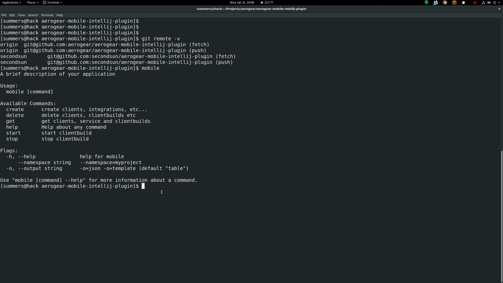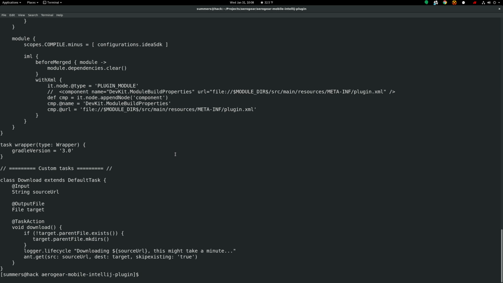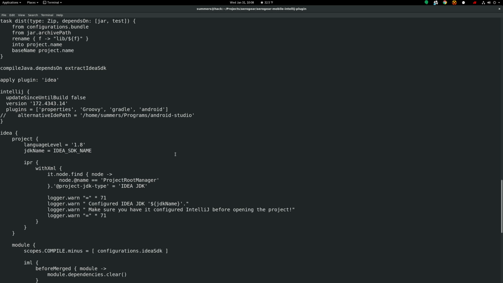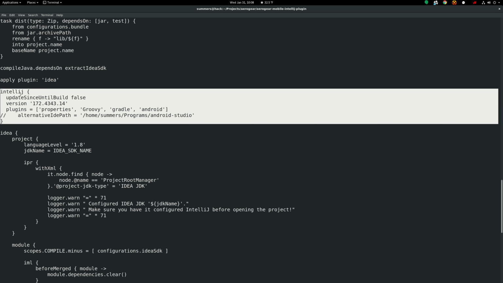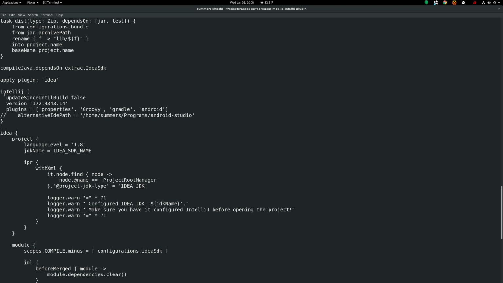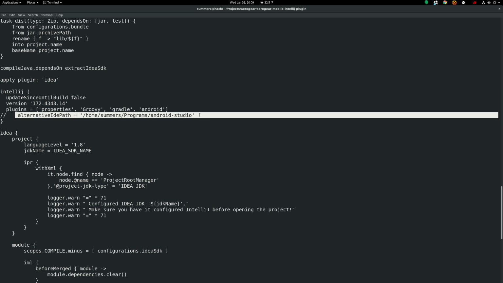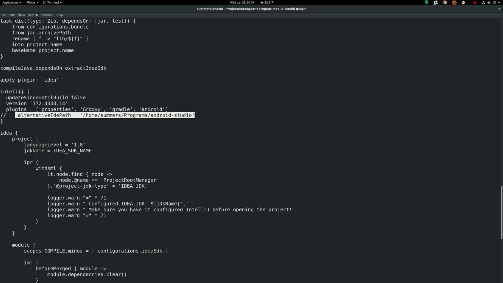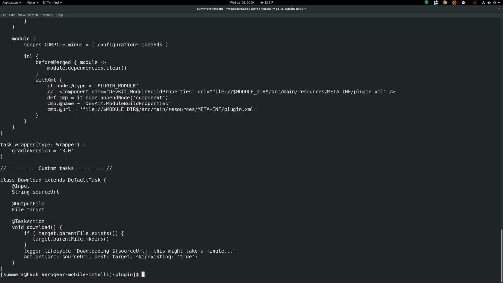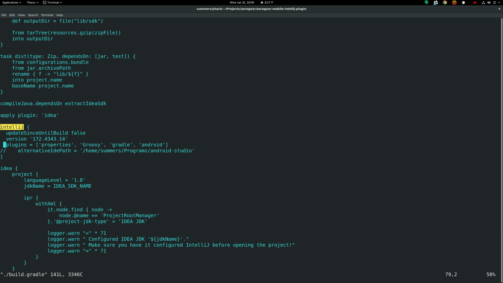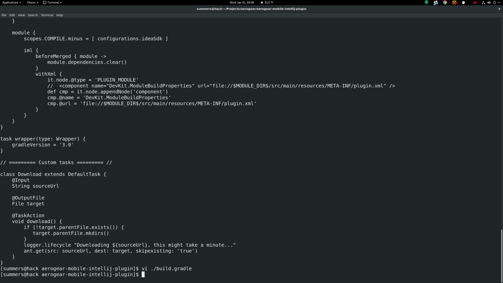So this is a Gradle-based project, so if we want we can cat out the build file and take a look at it. The most important part of the build file is this section right here, IntelliJ. When you're starting your plugin, you'll want to update this alternative path to be your Android Studio install, if you're using Android Studio. Otherwise you can use IntelliJ. So let's uncomment that path right now for my own uses, and then we can